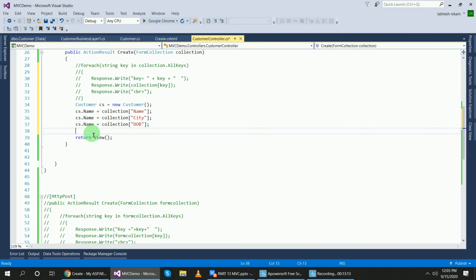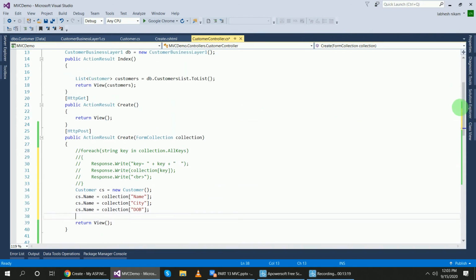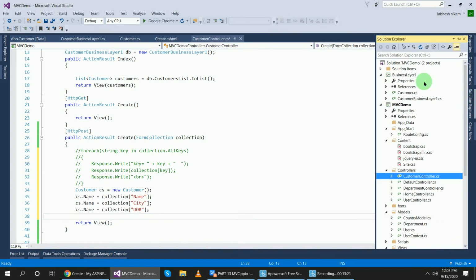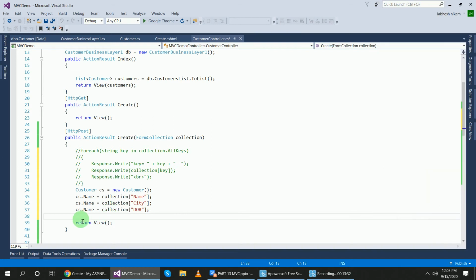Now we will call that class. Which class? Library class, customer business layer 1, and this customer business layer 1 I have initialized here as global position. Okay, so use that class db dot add customer.